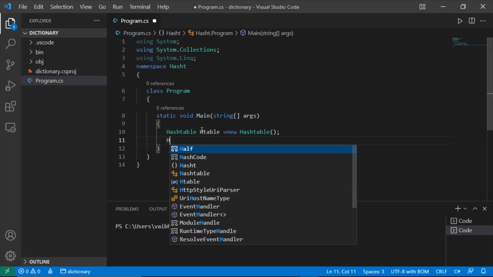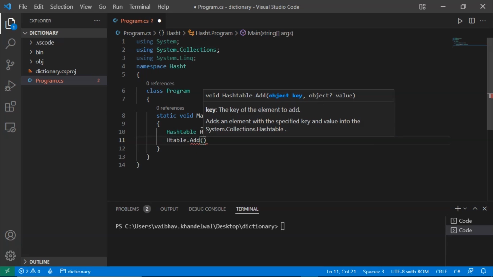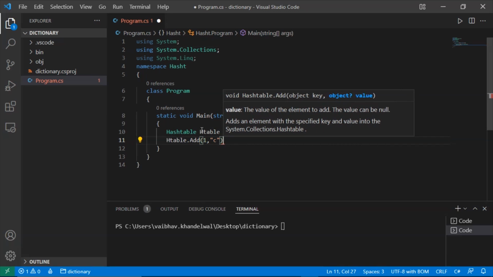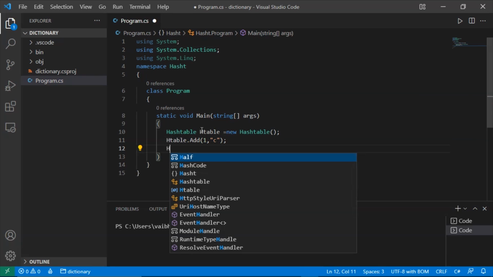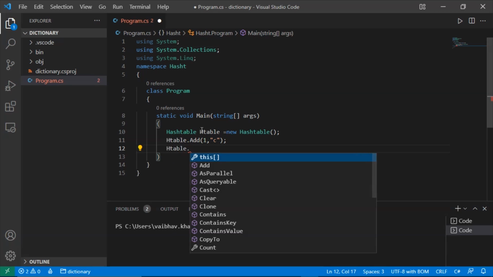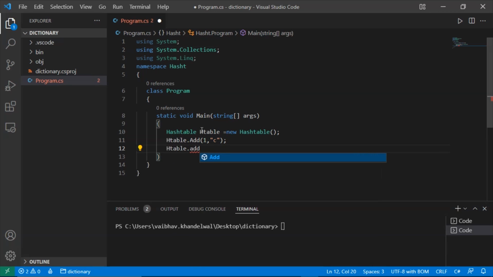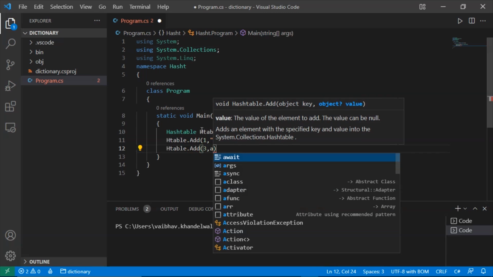Now let's add elements in the hash table. So hashtable dot Add, 1 comma, let's add element as C, then hashtable dot Add, at number 3, let's add A,